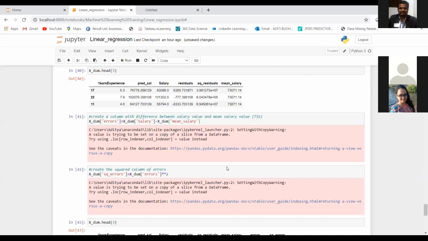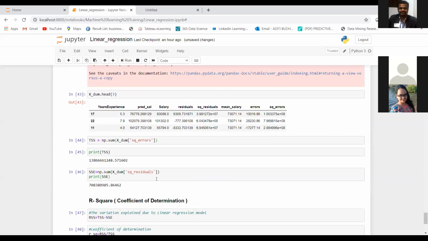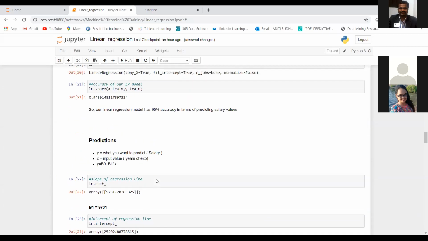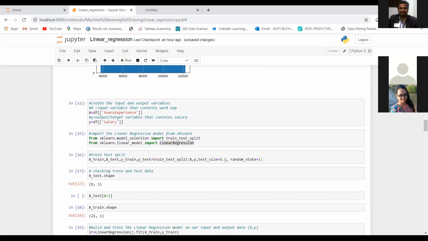Can anybody tell me what will be the test size? I have mentioned over here 75% is for training. So what will be your test size over here? What will you enter? Can anybody tell me?